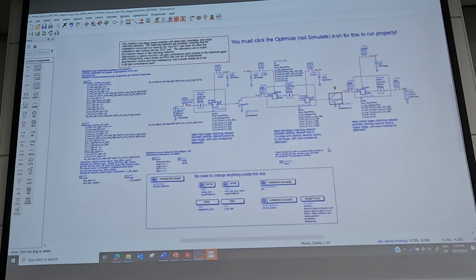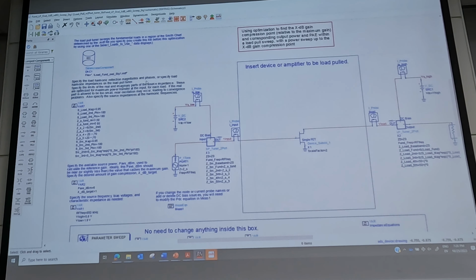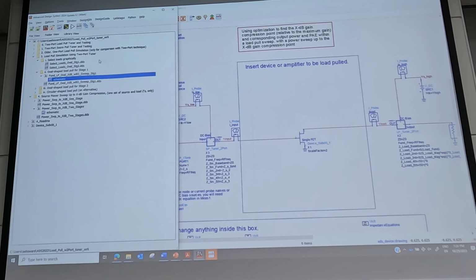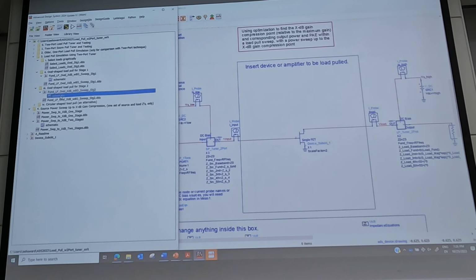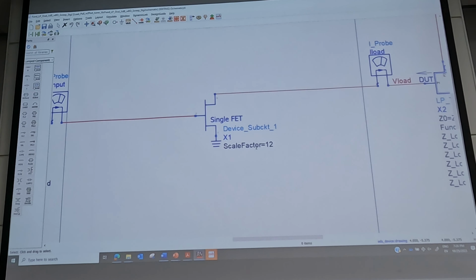Okay, what I did was I ran a load pull simulation on the first stage. This is the load pull on the first stage, and then I did a load pull on the second stage. So these were done separately. And in this case, for the second stage, I have the scale factor.